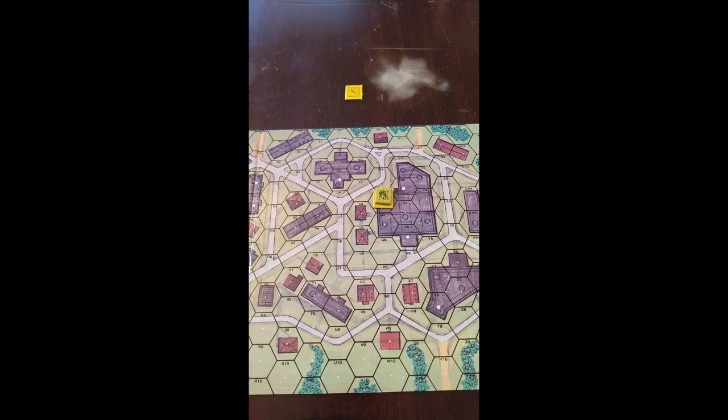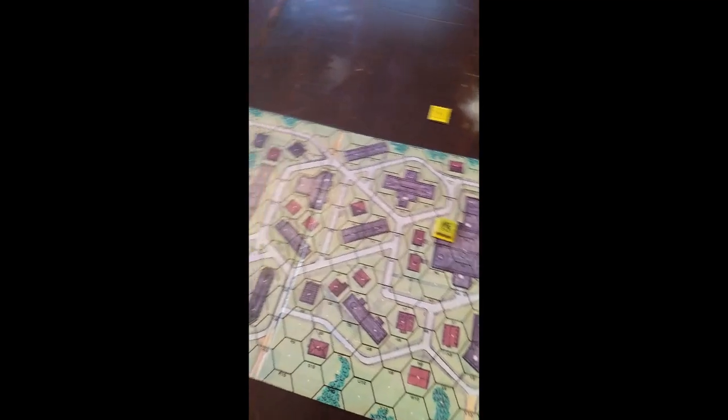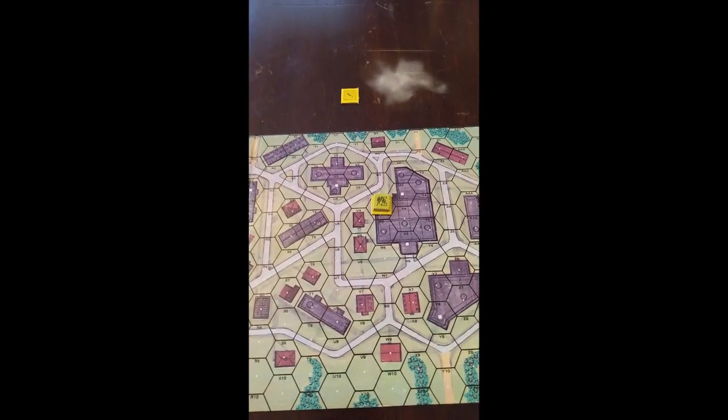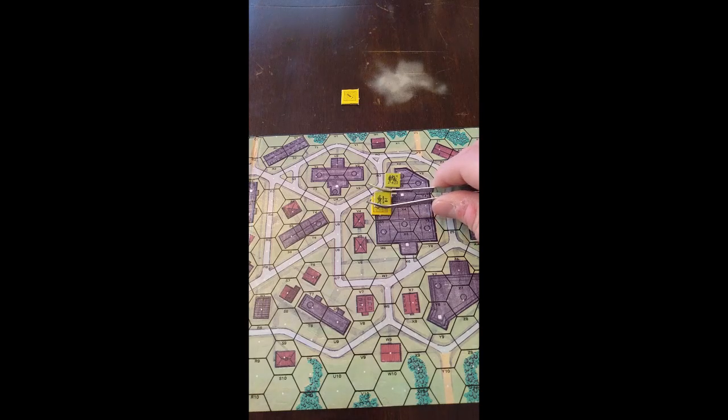Now it's giving us an exercise. It wants us to go all the way back to row B of the board, which is way over here on the left edge. It wants us to go to B2 in as few movement factors and movement phases as possible. And this is doing it without a leader. So our leader is going to abandon us and get over there to B2. We're going to go join our leader from the second level of W4. So let's figure out how we need to do that.